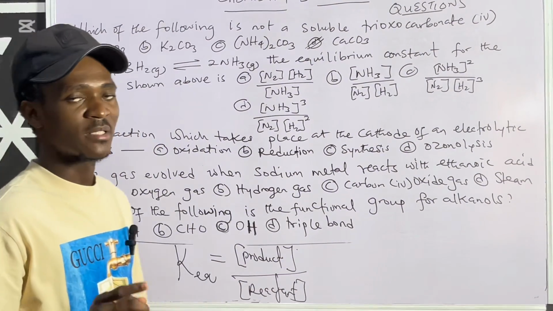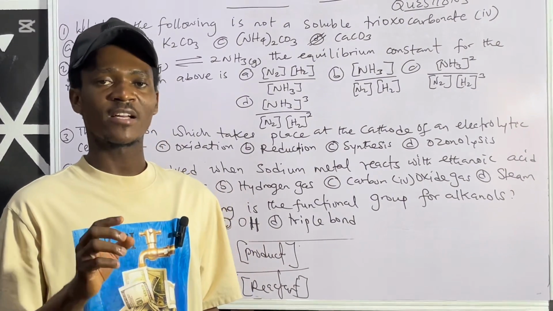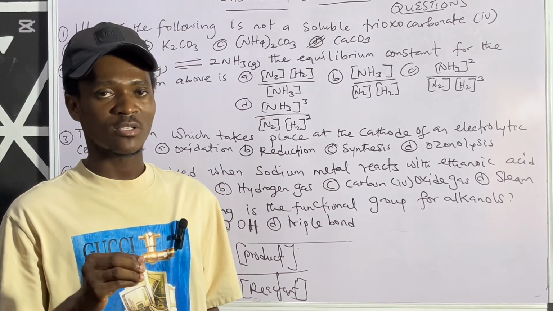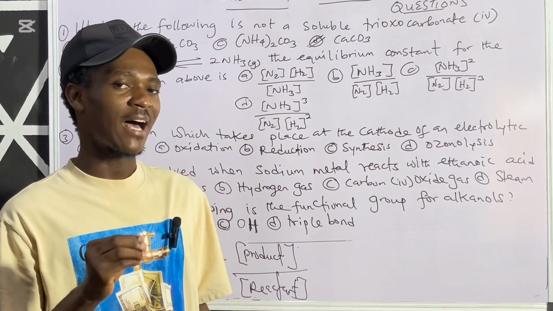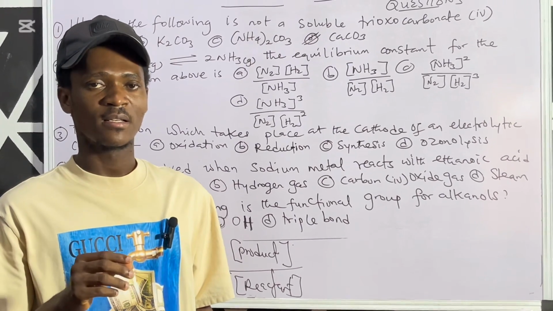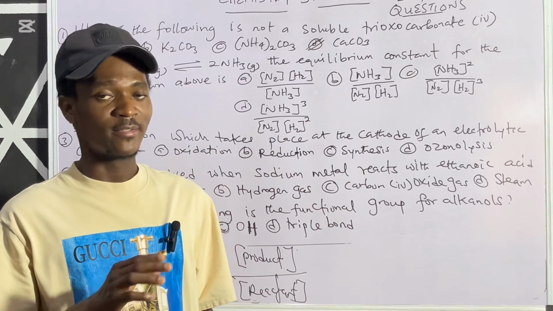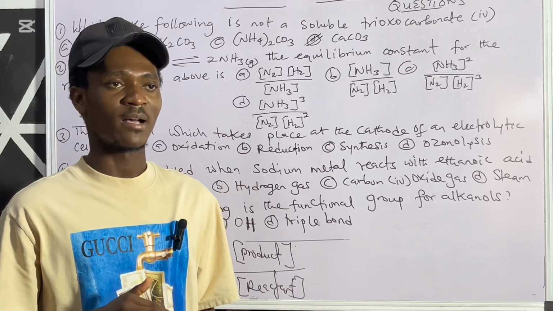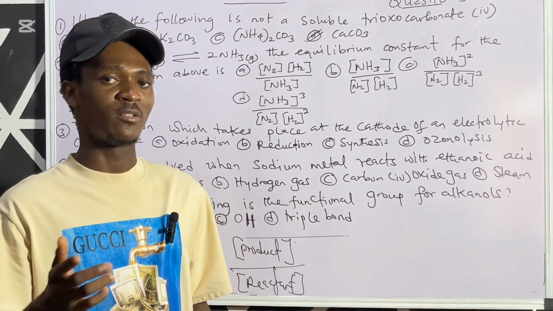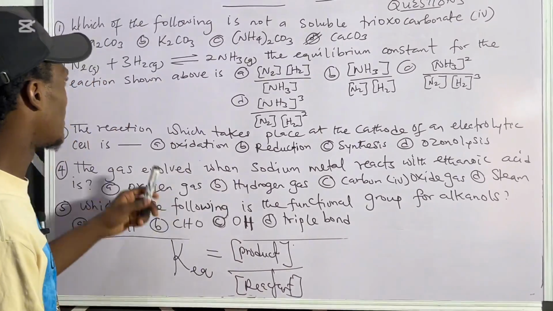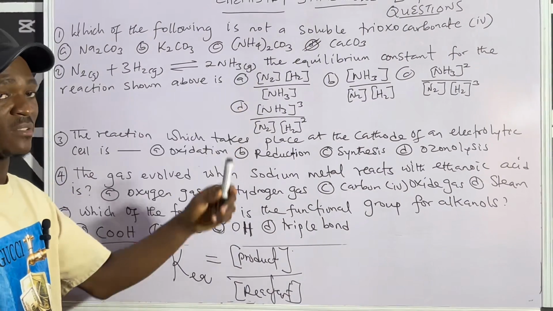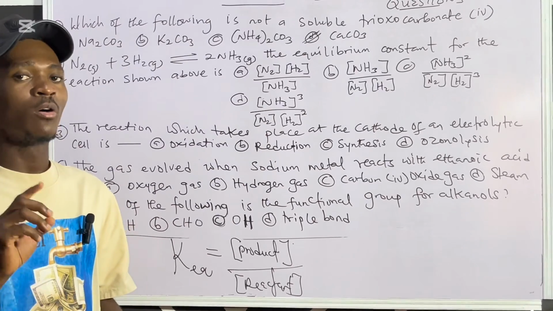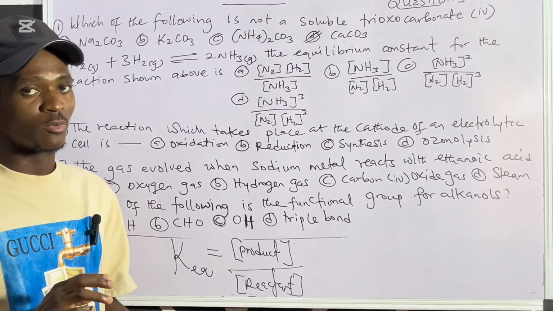But then again, there is something else that you need to take note of. It is only gaseous molecules or gaseous particles as well as aqueous solutions that can appear in the equilibrium constant. Pure solids and pure liquids do not appear in the equilibrium constant. It simply means their concentrations are considered constant. So that's the reason why they don't appear. What I'm trying to say in effect is this: this is gas, gas, and gas, so the 3 of them will appear. Assuming one of them were a liquid or a solid, it means that it would not appear.